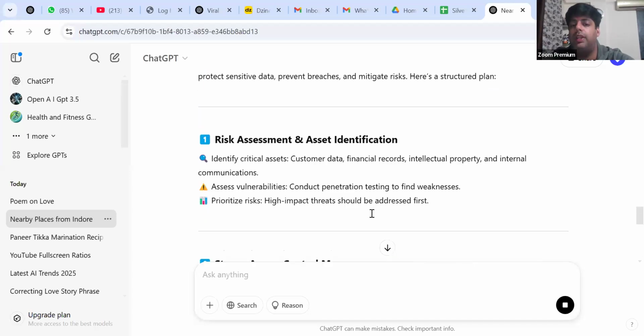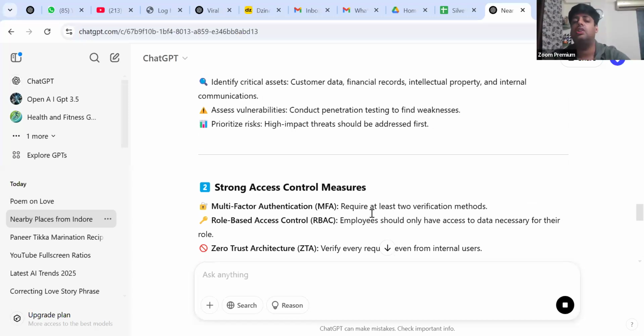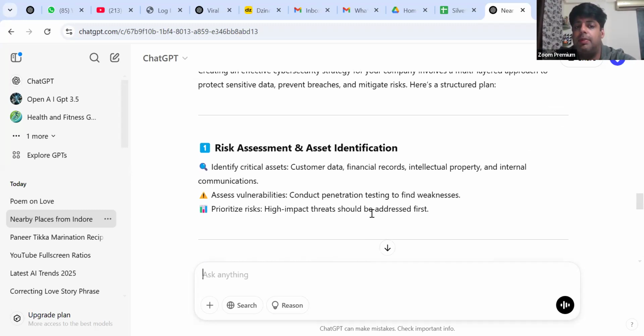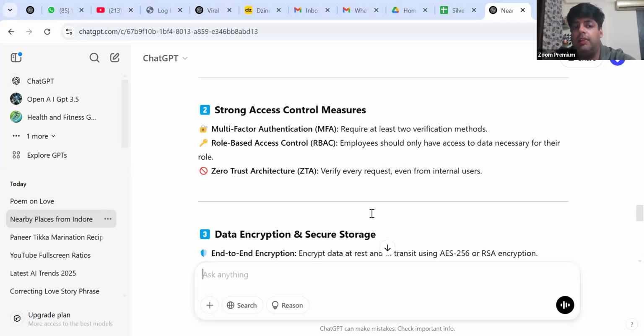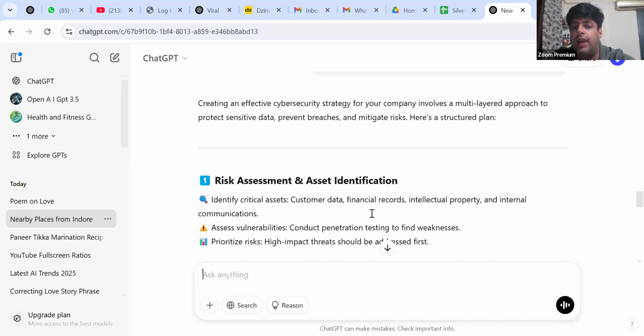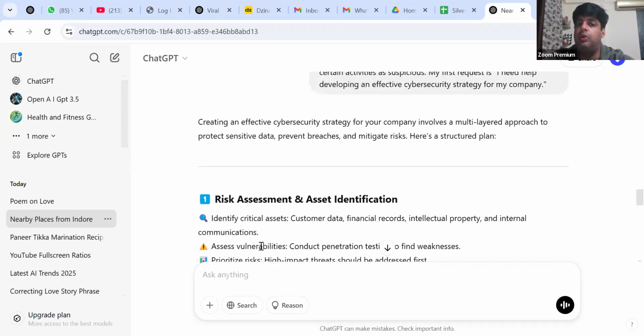So when you put in proper prompts, it will give you answers in a structured way. Okay. You can see identify, assess, and prioritize risk. Again, multi-factor, role-based, zero trust architecture. So like this, there will be headings, and under them some pointers. That's the beauty of prompts.